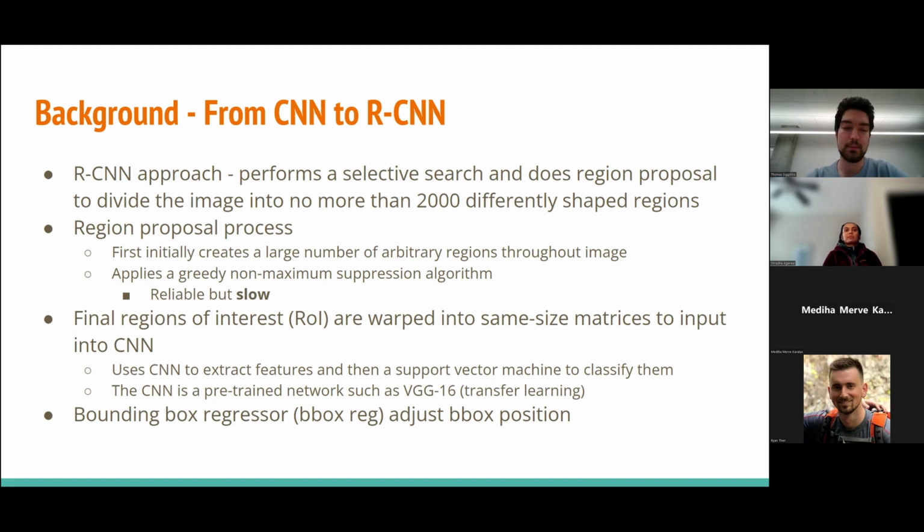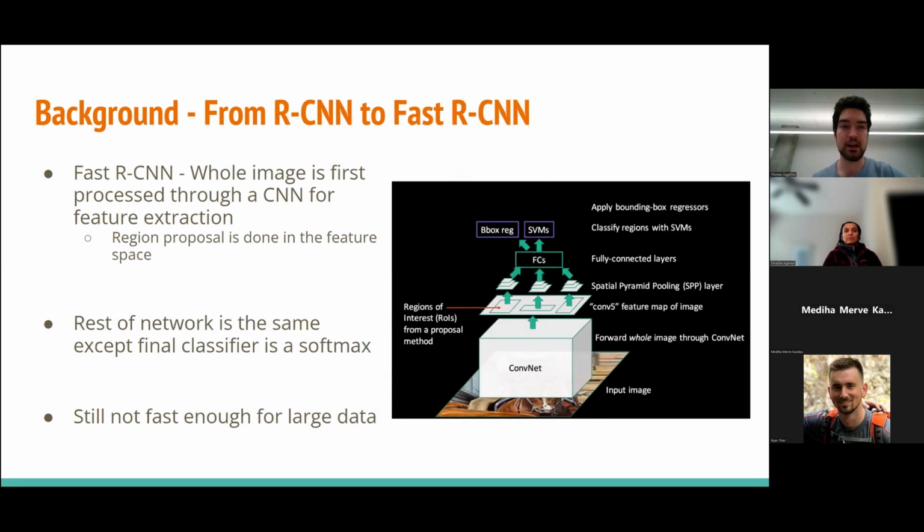And then at the final step, you apply a bounding box regressor algorithm, and that just adjusts the position of the bounding box so it more accurately fits the position of the object after you have it classified. So this is the ground level for region-based convolutional neural networks. As I said, the problem is that it's slow, so people made an effort to improve the speed by